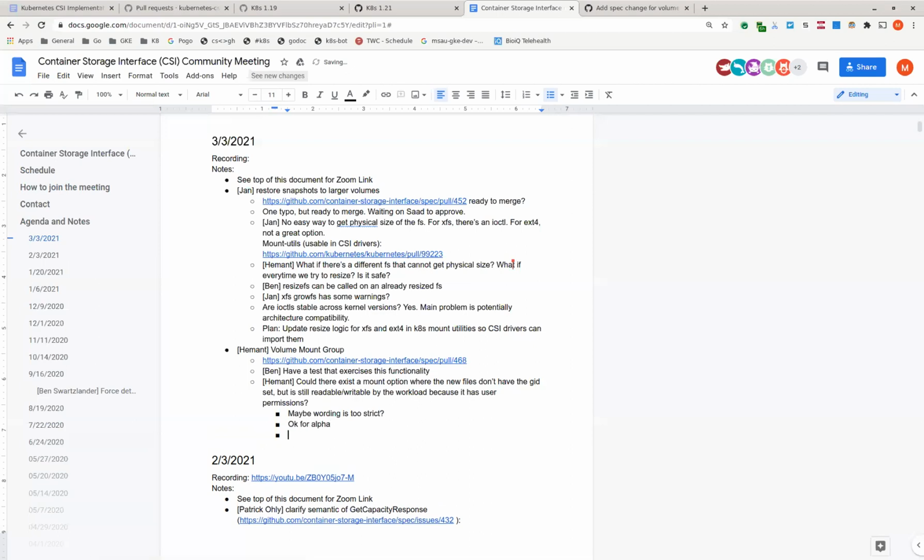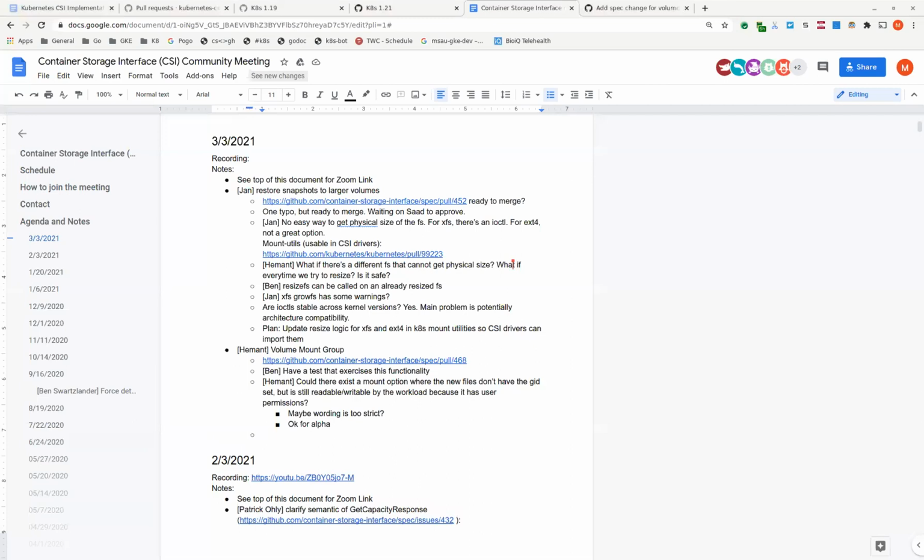I think I'm agreeing with you, but I'm confused, because I thought what we had agreed to when we last met was that the only thing we want to guarantee will work is if it's the same. If you use the same one for node stage and node publish, we guarantee that will work. If you use different ones, whether it works or not is up to the driver. So the way I would communicate that is: you should use the same one, you don't have to, and here's what you give up if you don't.